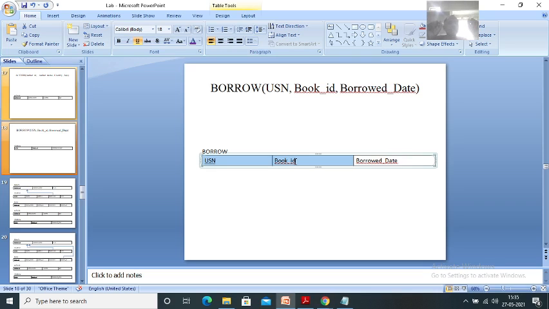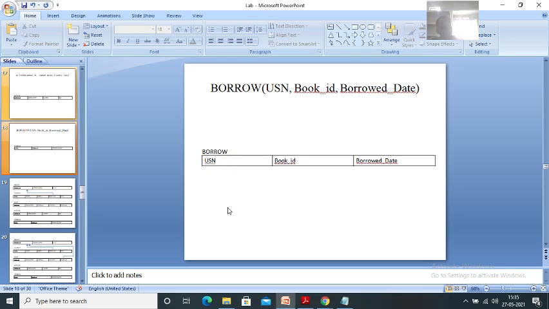Why both together? See here now. All of you understood this? USN and book ID both together will be called a primary key, not only one. Why not only one? I'll explain. If you go to the library, you'll take a book.